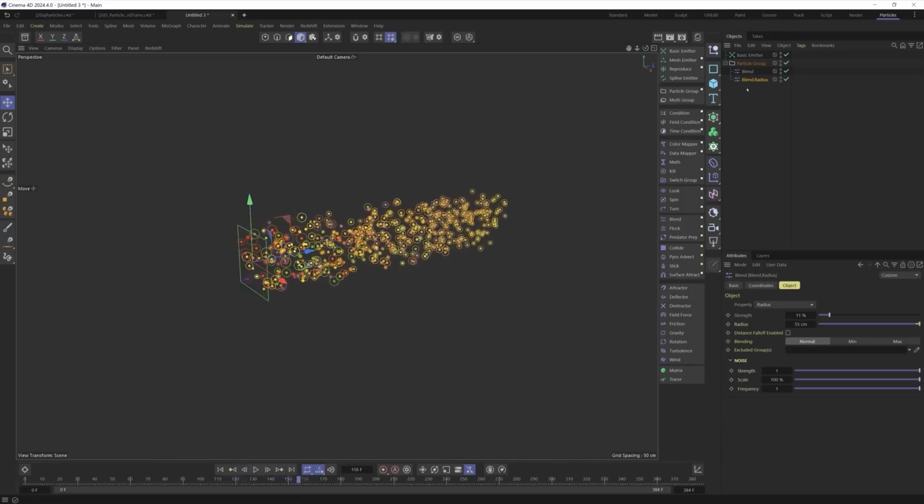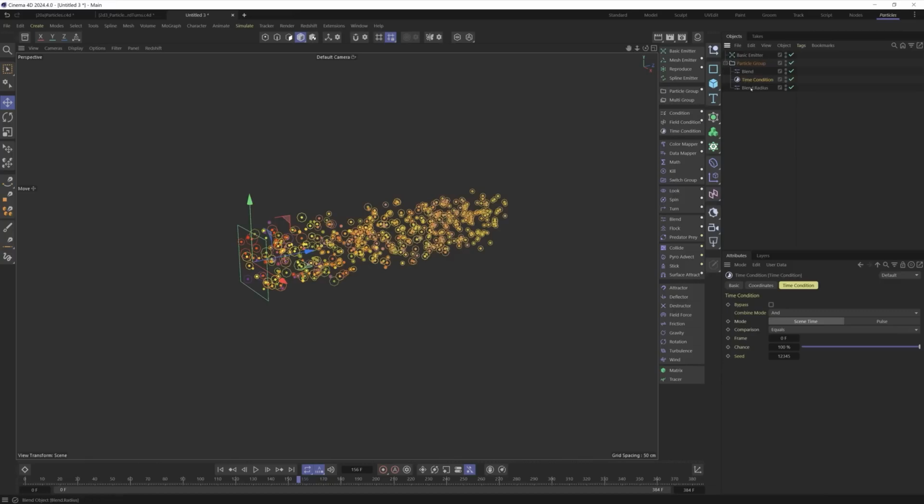Keep in mind, right now we're saying do this all the time, but we could have a really high number happening only where there's a particular condition. In fact, why don't we do that? Let's have the radii get uniform only when a particular condition is met, and we'll keep that simple. We'll have a pulse happen. So we'll do a time condition. We'll say every pulse for a duration of 1 frame, and we'll say 50